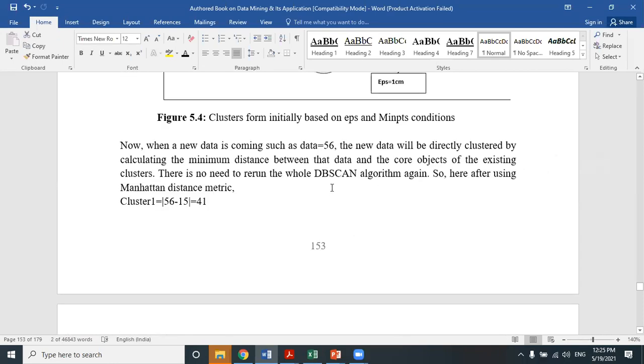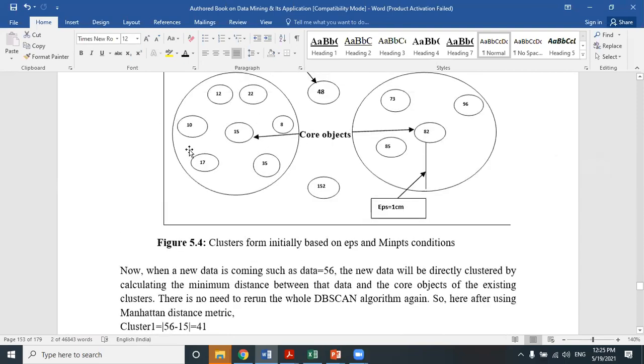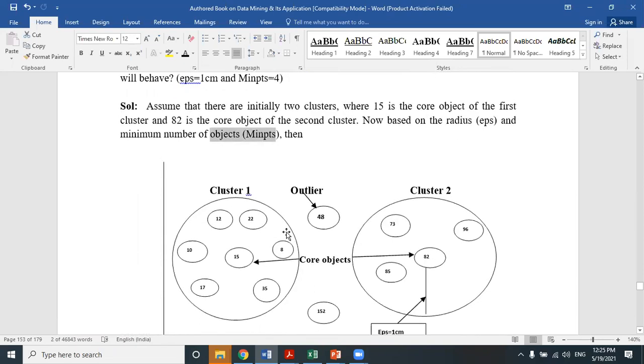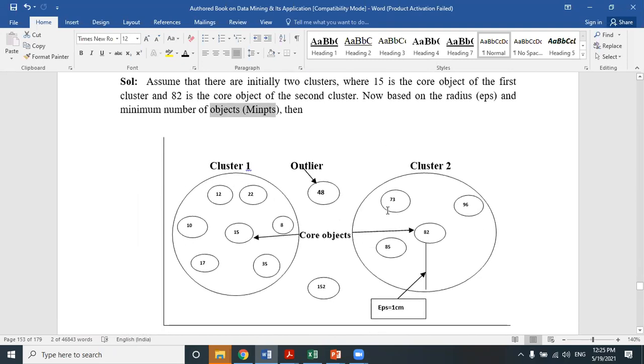We will insert the other data that are in the neighborhood of that cluster. So we'll assume the epsilon is 1 centimeter. Suppose this cluster radius is 1 centimeter, and the radius corresponding to the point 82 is also 1 centimeter. Right?